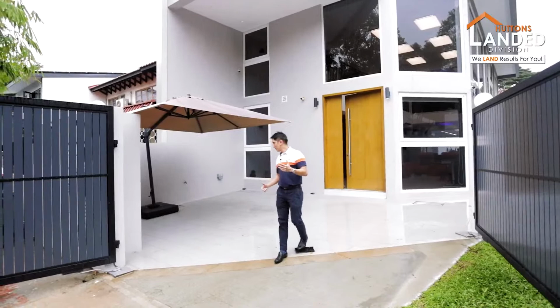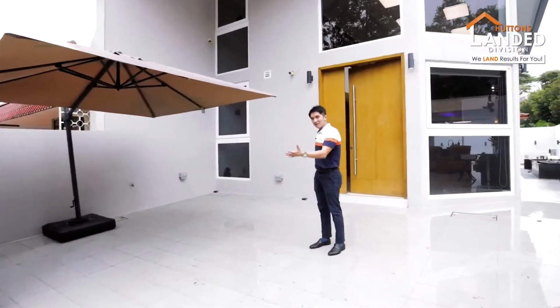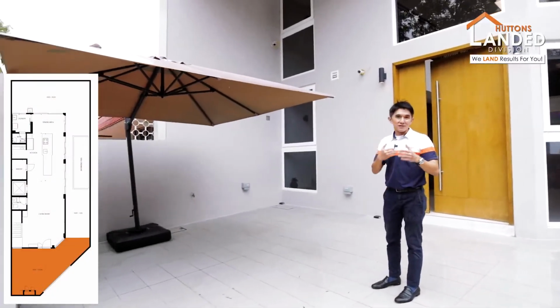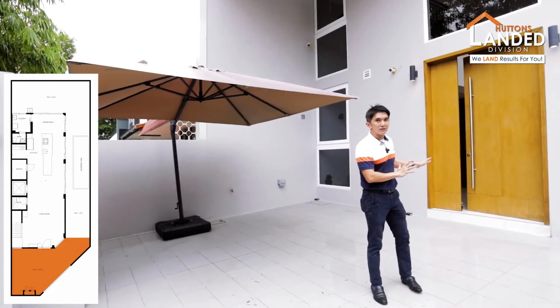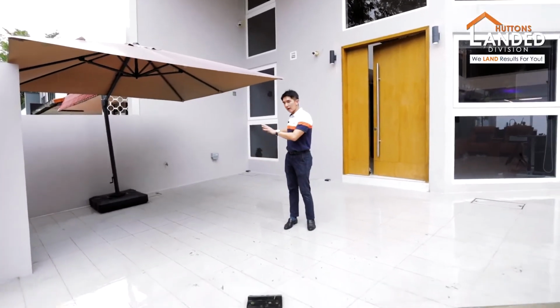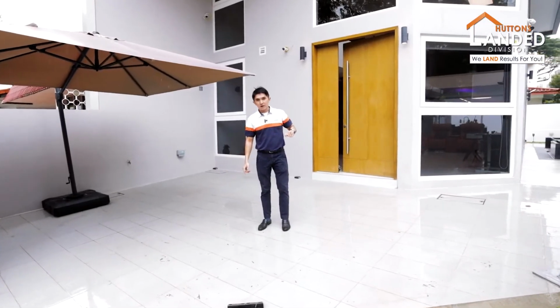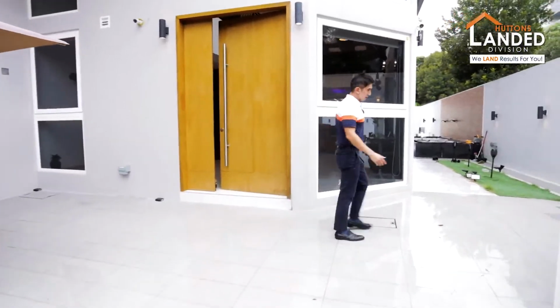All right. If you move closer, you realize that we only have 5.5 meters here, when the usual is 7.5. Having 5.5 means that you're minimizing the outdoor space and maximizing the interior space. At the same time, you still do not sacrifice parking, because the owners can park 2 cars. One is parked here and one is parked on the other side. All right. As we move along, I'm going to show you what is unique about this place. Now, the side here,